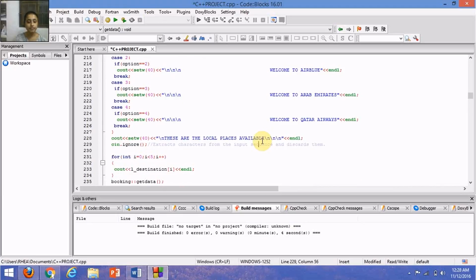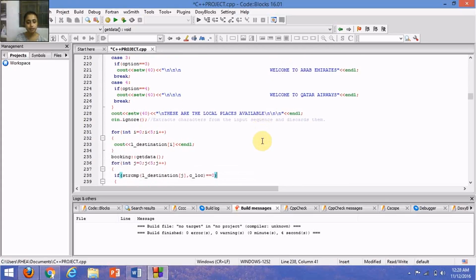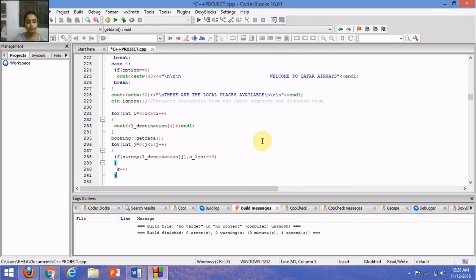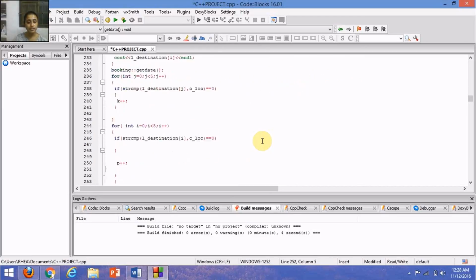Now I have included a function over here, that is cin.ignore. Now this function extracts characters from the input sequence and discards them. So once the user enters all these details, it would be displaying,